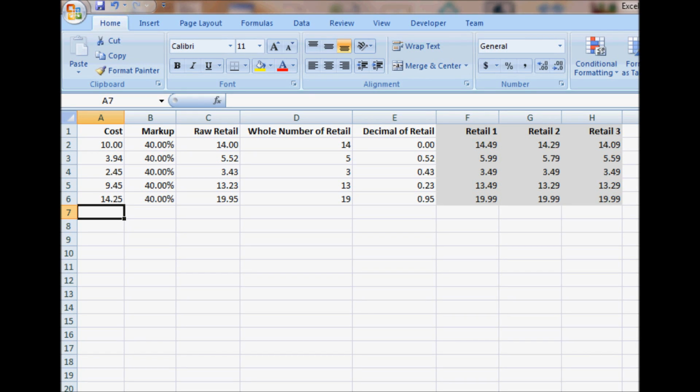I'm going to go over how to produce different types of retails from a cost today. I have a spreadsheet here where I have a cost column, then I have a markup column, and I could have used margin. It's just a different calculation for calculating retails, but I'm using markup today, and I've got everything at 40%. And I have here what I call a raw retail, and this raw retail is simply the cost